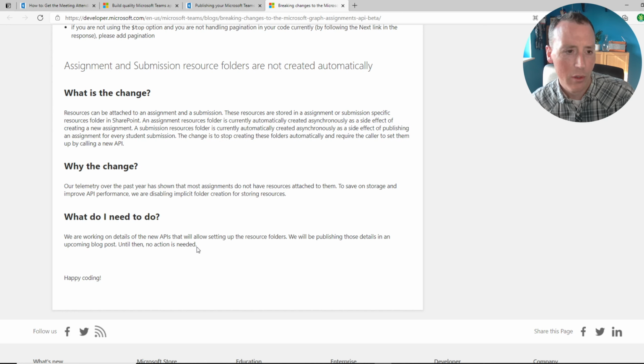However, there's no end time on this. Not sure. Anyway, there's going to be an API call that you can use to go and set them up if you want, but there's no details on that right now. Okay. I'm not sure there's anything you can do about this, but this might cause you a problem if you're expecting those folders to be there. Okay,